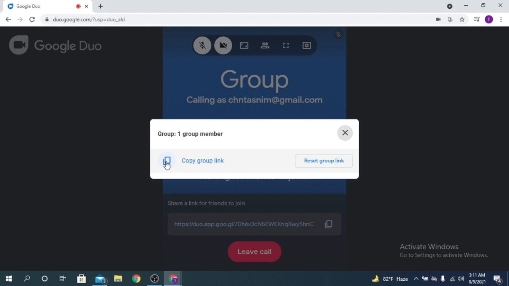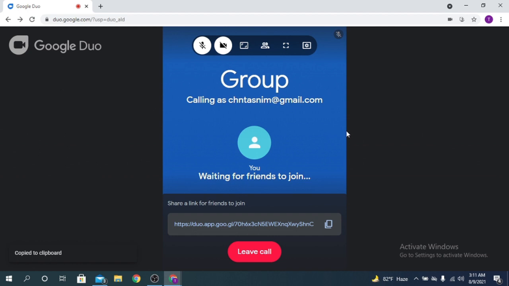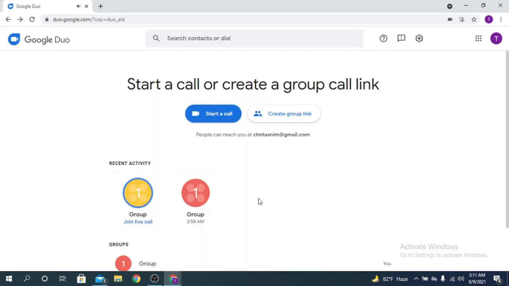Okay, you can copy the group link from here and send it to your group members, or send it to the person you want to join the call. Okay, here is an option to copy. So this is how you can use Google Duo, and you can make a video call with the person you want, and you can also leave the call by clicking here.